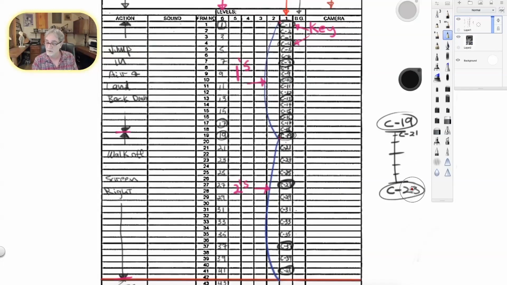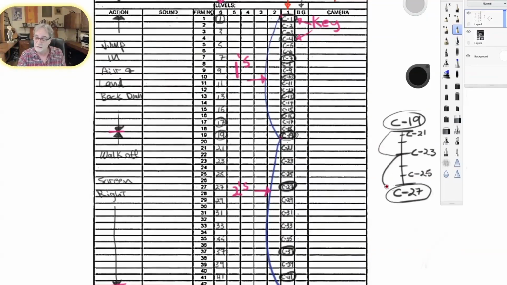21. Oh, I'm sorry, I messed up there. I apologize. 27. That's this drawing. I thought it was a 3. Couldn't even read my own writing. Okay, so let's get back to it. And then here's C23, then C25. And what that indicates here is, again, the loops will indicate the placement of the drawings